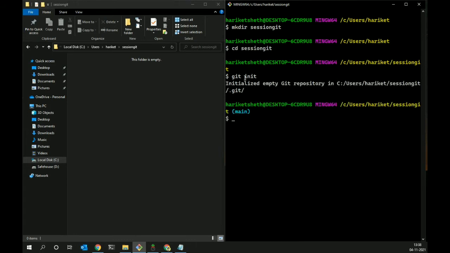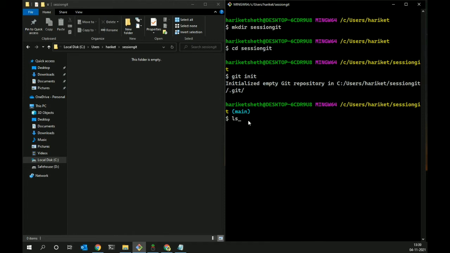So now you type git init and it gave you an output of initialized empty git repository in the directory which we are working in. But did you see anything on the left side? No, you didn't see any difference. So what does it mean? Is this command useless? No, it is not. Just because it's not visible on the left side doesn't mean nothing has happened.